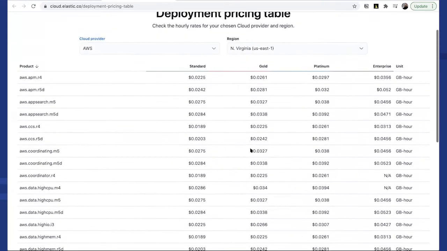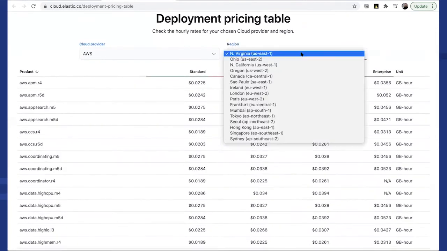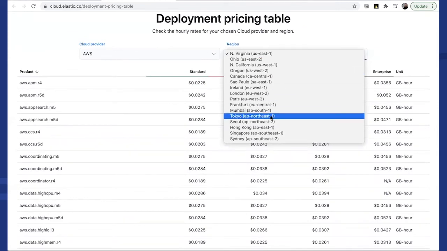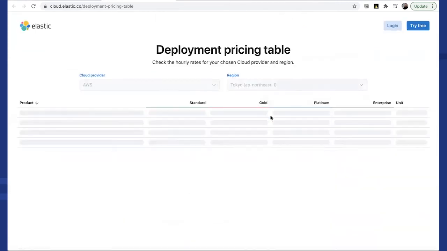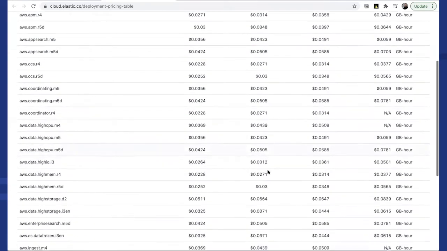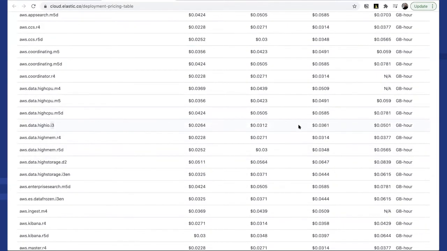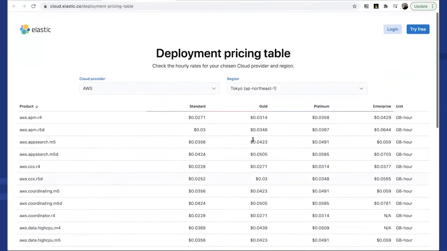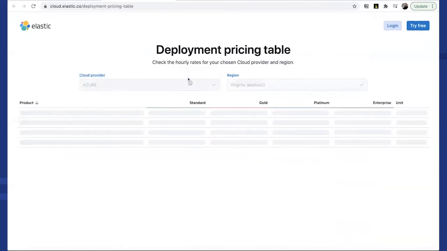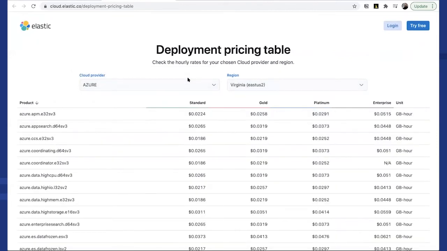So we showed a couple of factors that influence the pricing. One of them is the data center. So let's say for AWS, we go to the Tokyo region, and you can see the same i3 instance now is a little more in terms of price. And then this table gives you all the variations of the different cloud providers, as Elastic Cloud is available across multiple cloud providers. And you can even search across these different providers if you have a deployment on Azure, if you have a deployment on AWS.